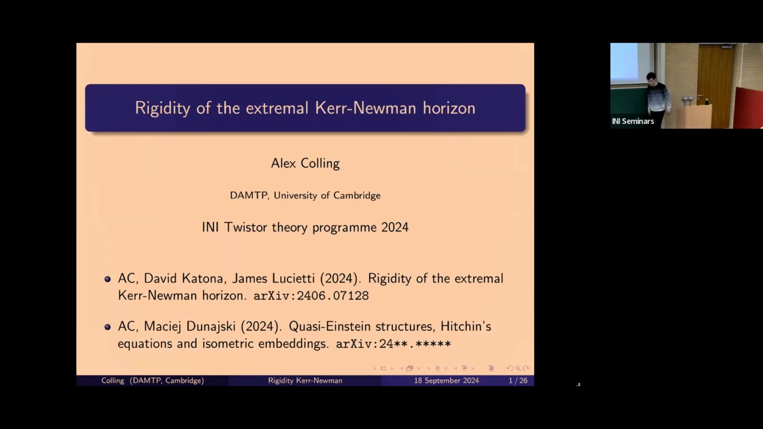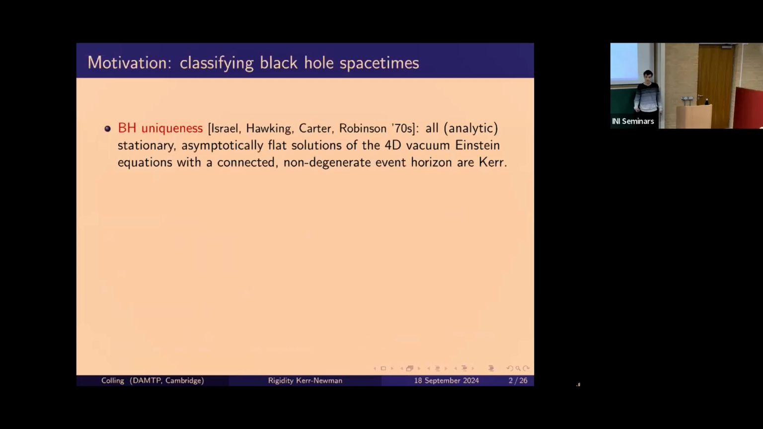The main motivation for this work comes from the problem of classifying stationary solutions to the Einstein equations. In 4 dimensions, this is at least partially taken care of by the black hole uniqueness or no-hair theorem. It states that under certain regularity assumptions, every asymptotically flat and stationary black hole solution is uniquely specified by its mass and its angular momentum. This was originally proven in the 70s and has since been extended to Einstein-Maxwell and also to include certain extremal